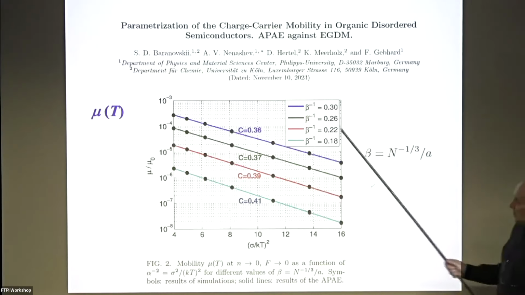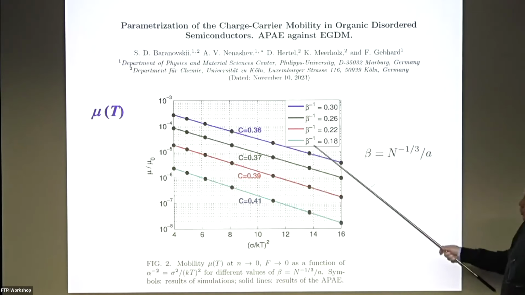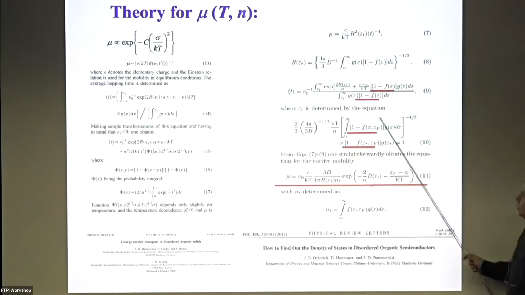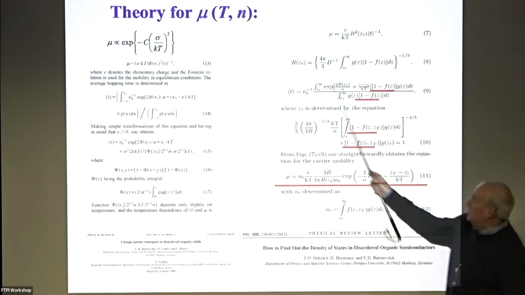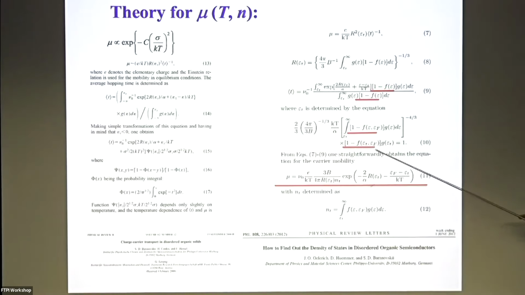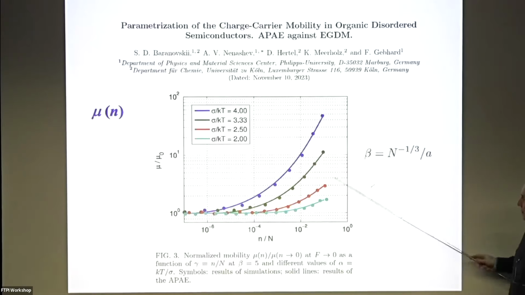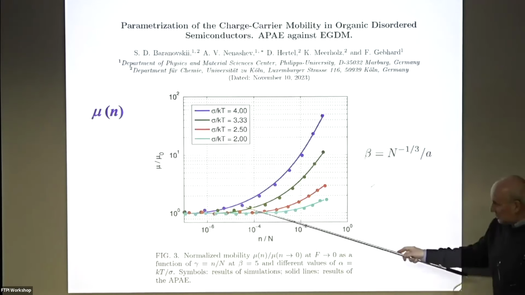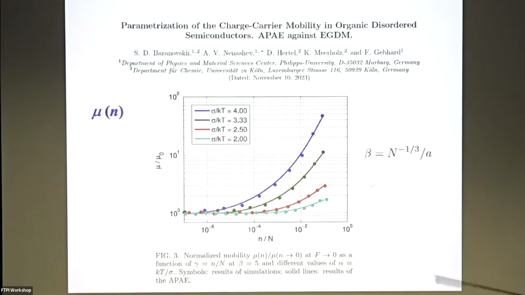So you can calculate the temperature dependence. These are now solid lines produced by analytical theory, and points are computer simulations for special random systems and so on, and it works perfectly. And if you want to study the dependence of the mobility on the concentration, you just insert the Fermi distribution in your very simple equations, and you get the experimentally observed data. Solid lines now are not just for our eyes. These are results of the analytical theory, and points are computer simulations.